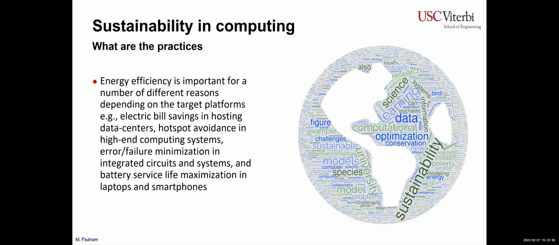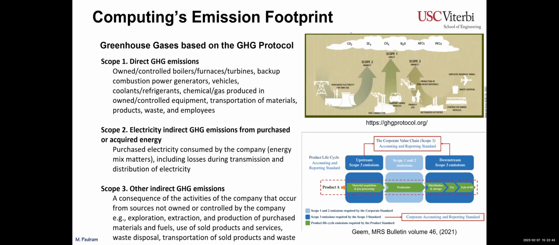As I said, one has to take the full life cycle view to do this right. This is a well-known standard these days with respect to how you look at the emission footprint of anything, including computing. There are three different scopes defined. Scope 1 is direct greenhouse gas emissions. This is direct emissions due to generators, boilers,